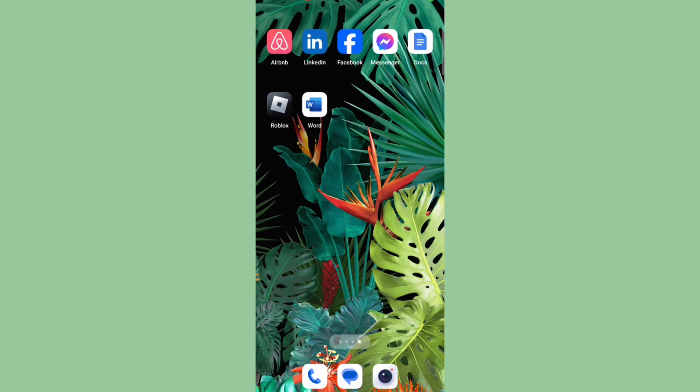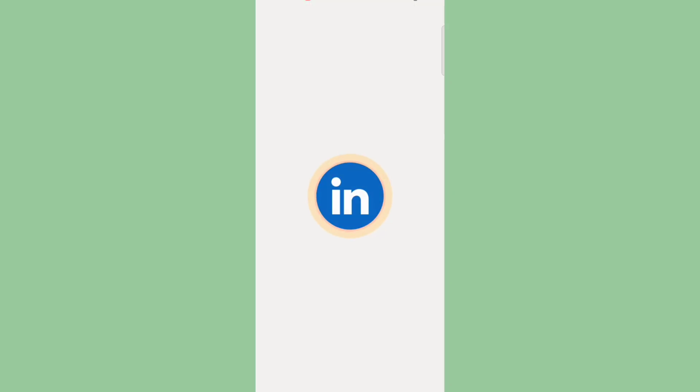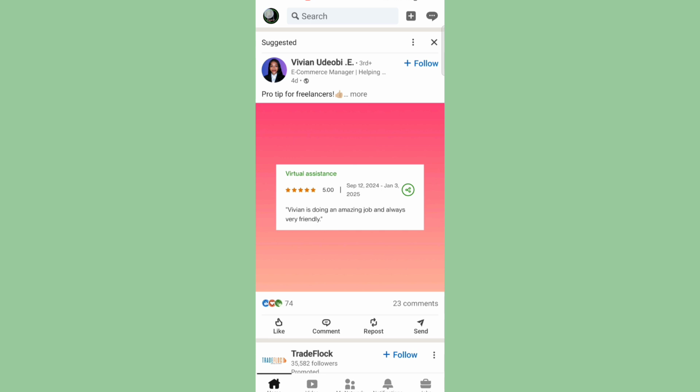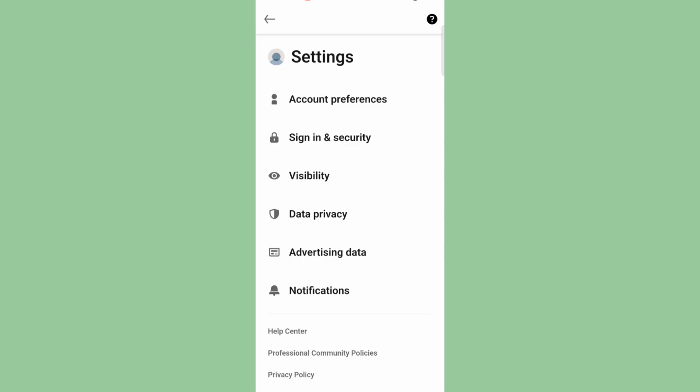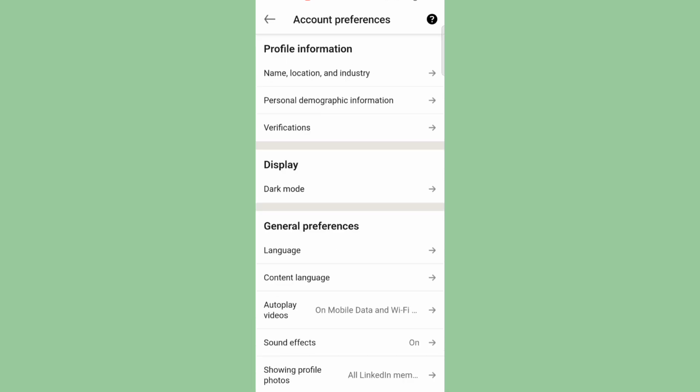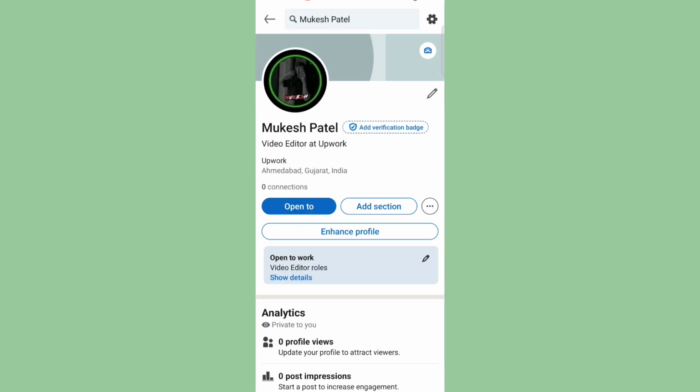How to change LinkedIn profile URL. So open the LinkedIn app, then select the profile icon and select the settings option, then scroll down and you will see Account and Performance. So select here and click on Name, Location and Industry, and click here the Edit option and